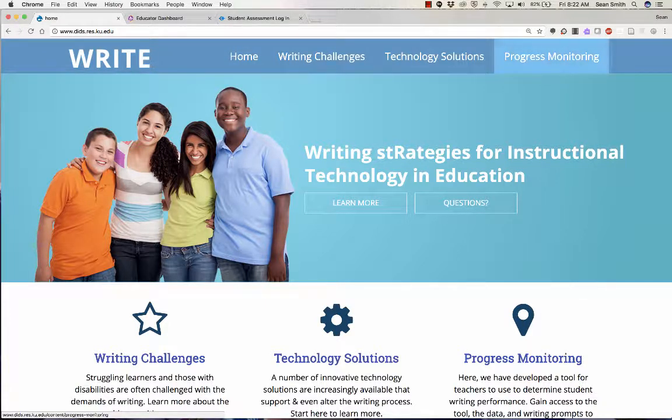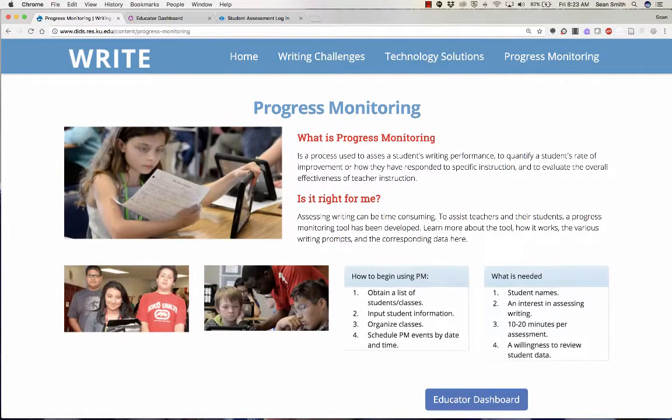It's organized into three different areas: progress monitoring, effective technology solutions, and effective writing interventions that we've organized under writing challenges that I'll get to here in just a moment. To give a brief overview, let me start with progress monitoring, because that's where we believe this process begins. That is what we feel teachers need to start with: what they understand about where the students struggle, and then connect that with the effective technology